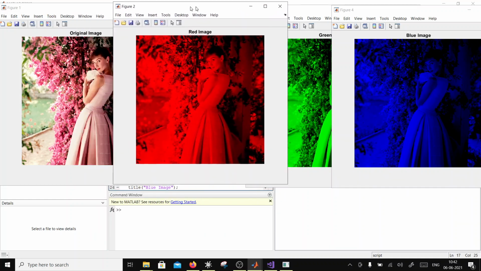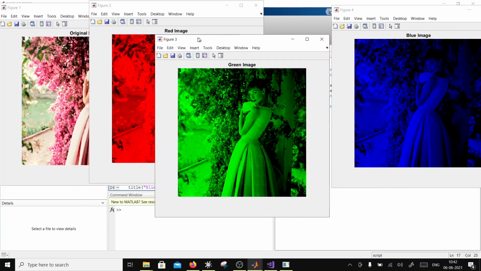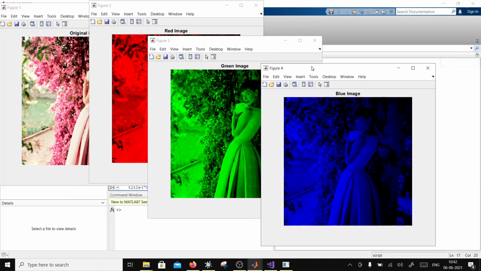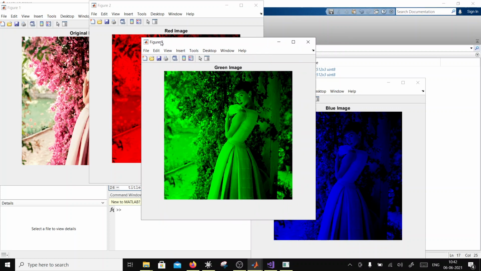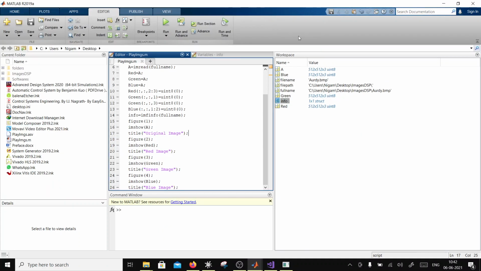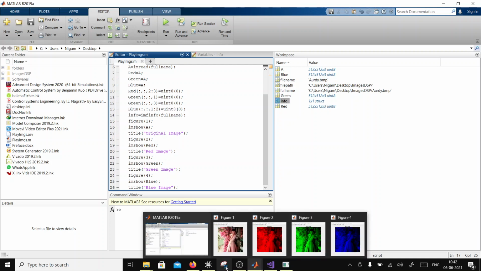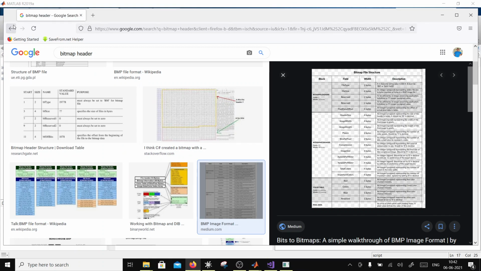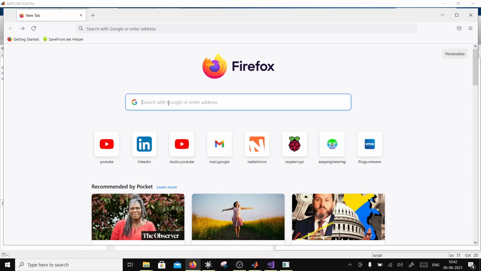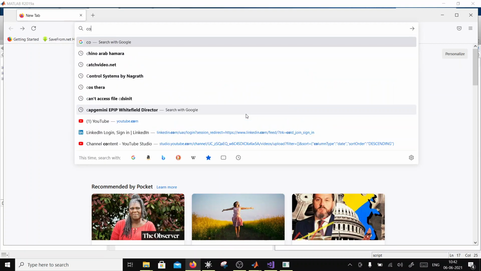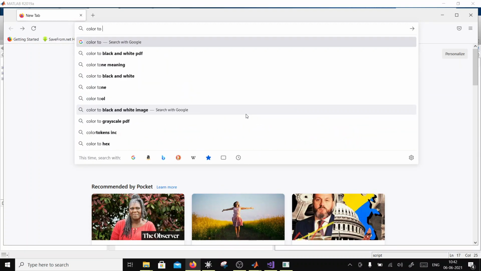You can convert this image into a grayscale image by combining this red, green, and blue in a certain way which your eyes accept. So that will be your conversion. There would be a separate function here, rgb2gray, which would be nothing but, so if you go to Google and say color to gray formula,